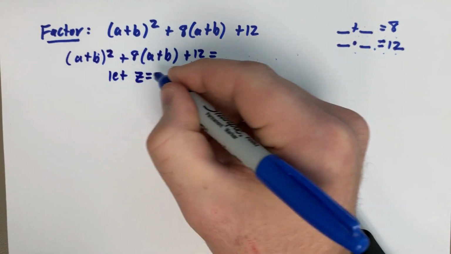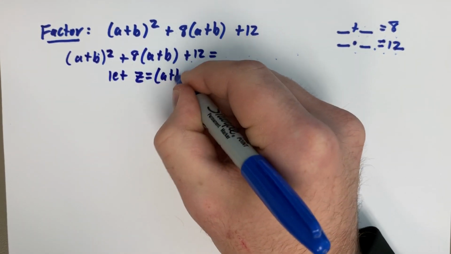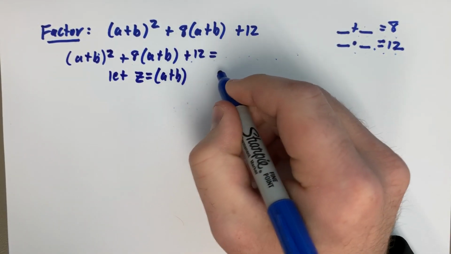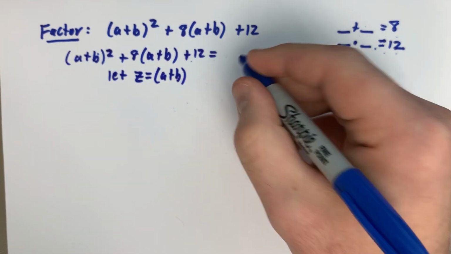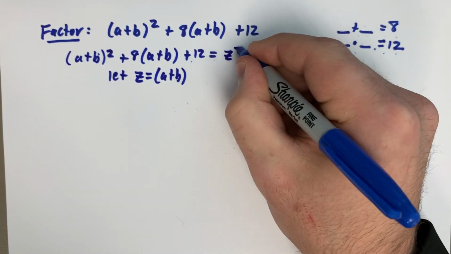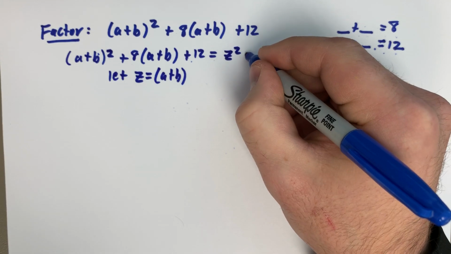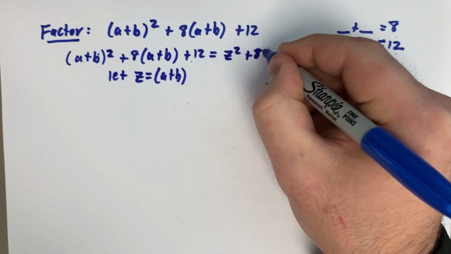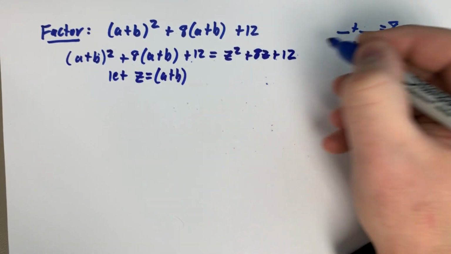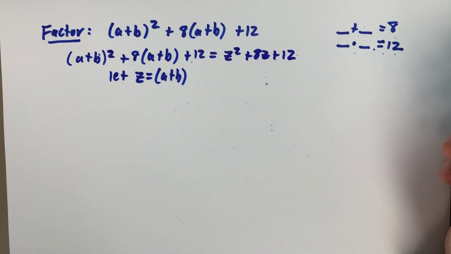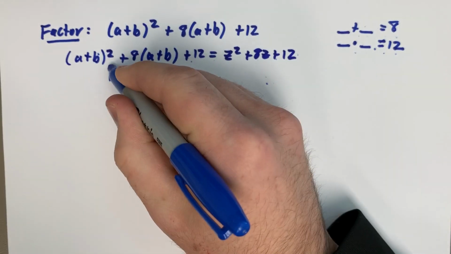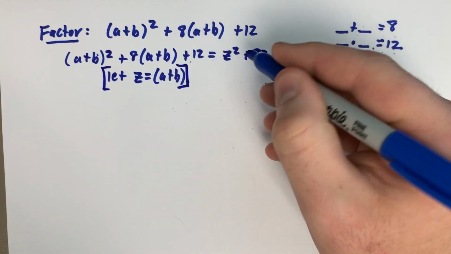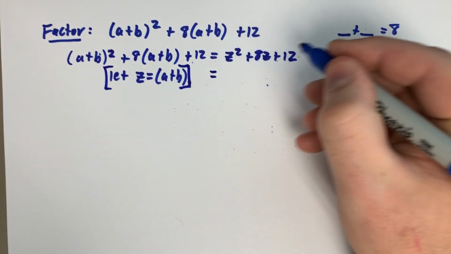let's use z this time. Let z equal a + b. Then every place that I see a + b, I'm going to replace with a z. So this becomes z² + 8z + 12. All right. Sometimes I like to put this in its own little box. So anyway, now that we have that much done,